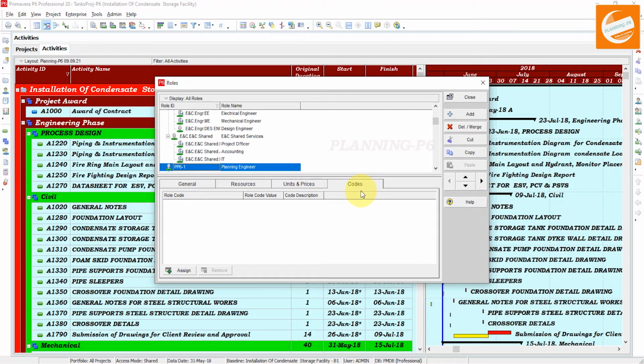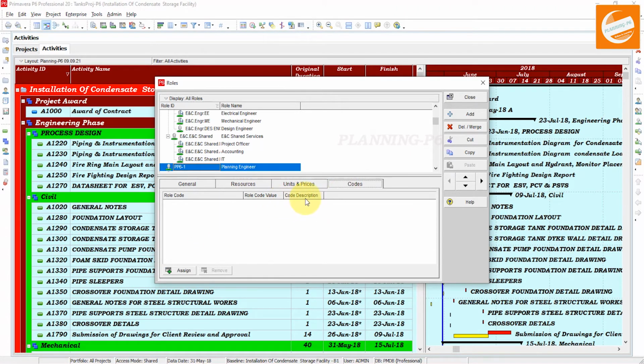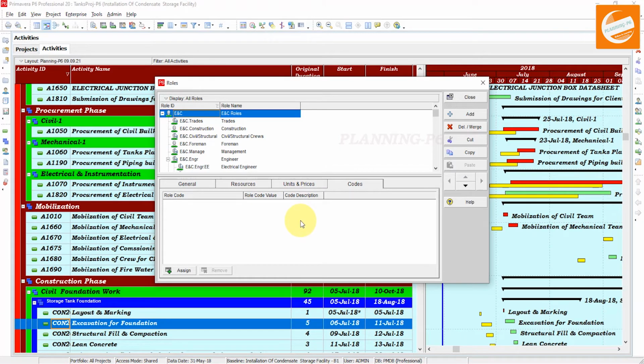In the previous versions up to 19.12, there is an option for the limits, where you have to describe that limit, 8 hours per day. But here they merge those two columns and add the codes. So for the codes, we first have to go to the codes creation, then we will come back and assign the code from here.